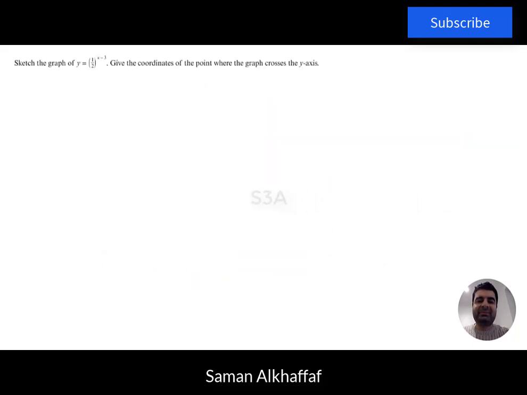In this example, we need to sketch the graph of y equals half to the power of x minus 3. Now we need to give the coordinates of the point where the graph crosses the y-axis. So if f of x is equal to half to the x, then